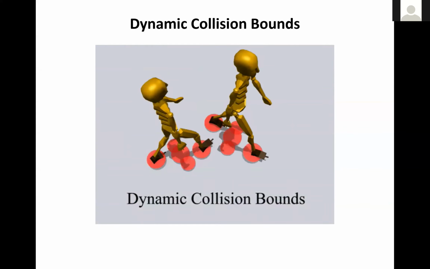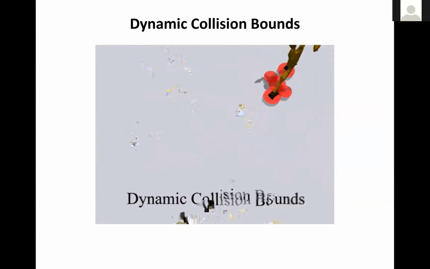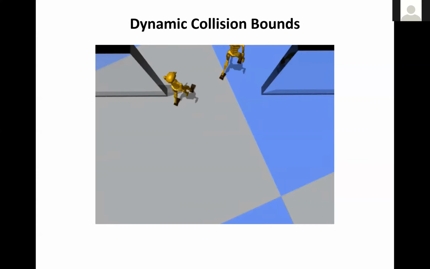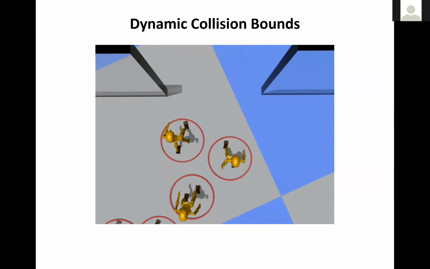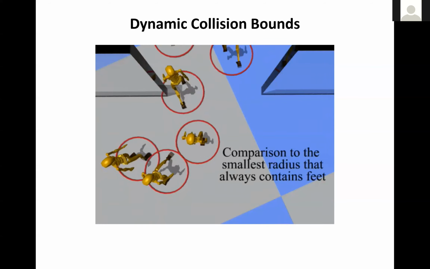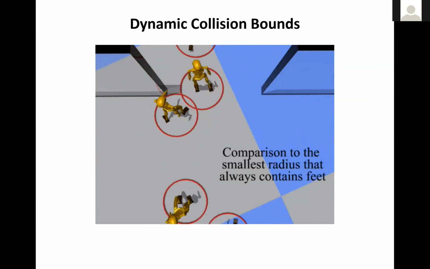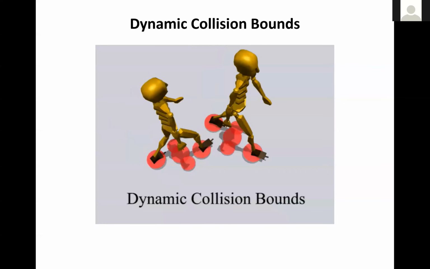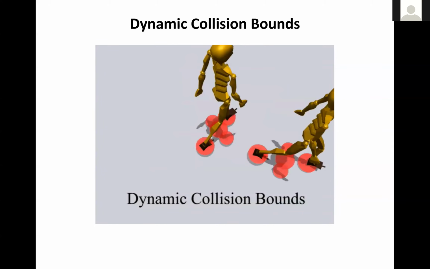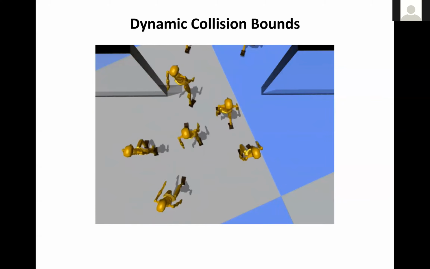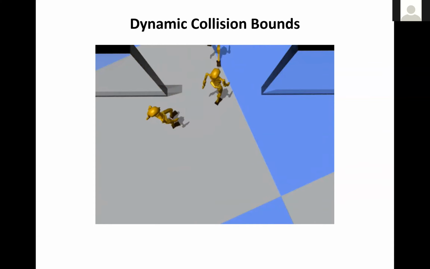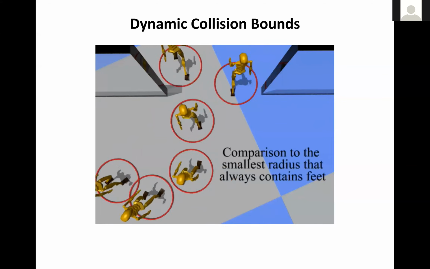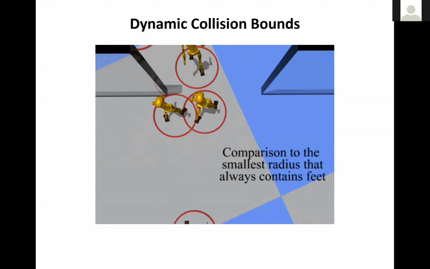Okay, let's now talk about collisions. Instead of having a single particle representation, this video is sped up, but we have a more complex collision representation of a humanoid agent. What you're seeing in this simulation is where a simple particle representation would actually produce collisions, and those would be false positives. However, using this more sophisticated collision representation as well as control, we can see that these humanoid agents are able to get significantly closer together in this egress or evacuation simulation as compared to what traditional particles would have done.